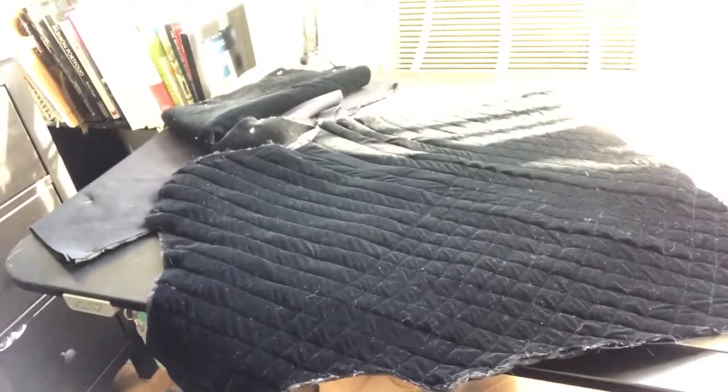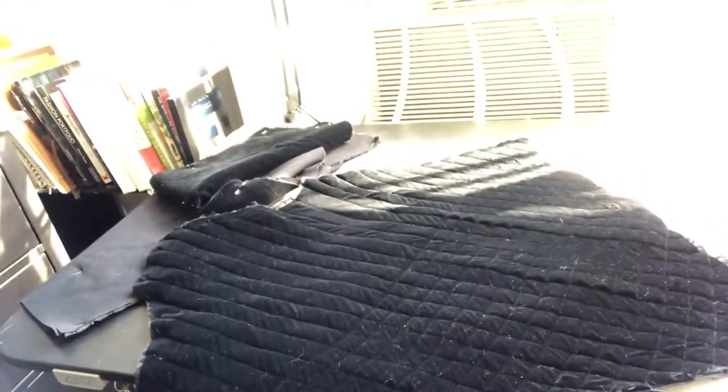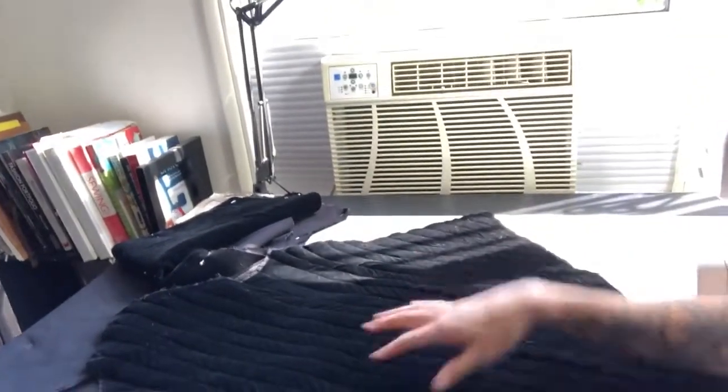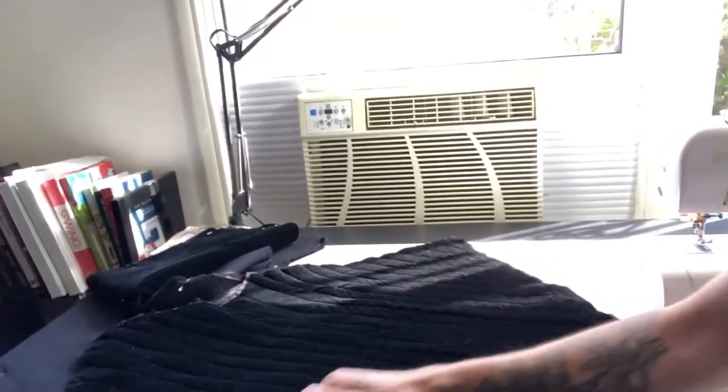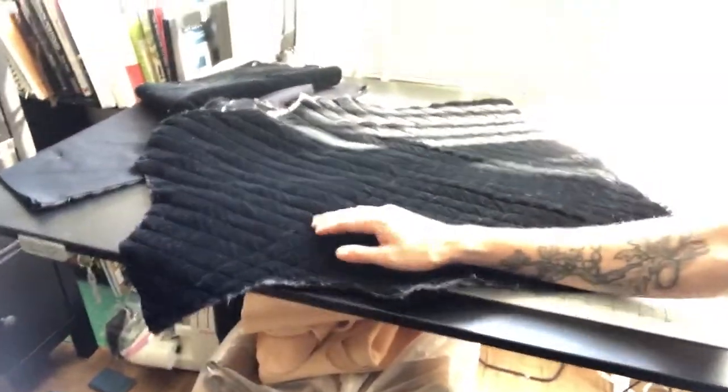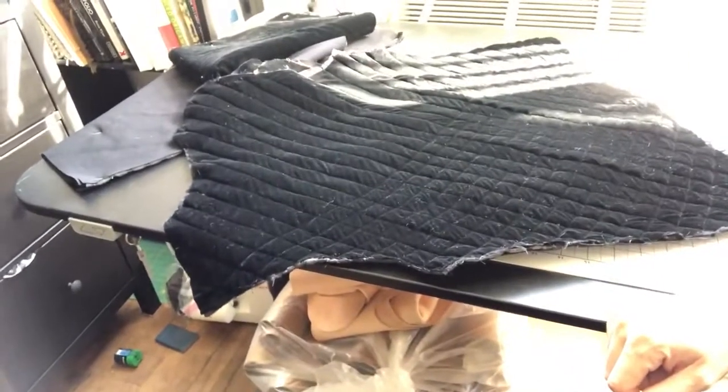Alright, so I've been working on the back portion of this bomber jacket with the quilting, and it's finally turning out pretty well. You can see here I've got about half, well technically 3/4 of it quilted. I did these diagonals first and now I'm working on these ones. I've gotten a little bit of a wave going right here. It'll be fine. It'll be a little bit noticeable I think in the finished product, but